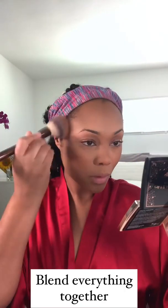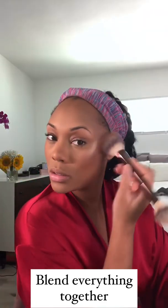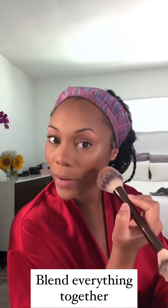And then I'll go back in with my blush brush and soften out those edges, because nobody wants a strip of highlight. We're so over that, right? Okay, cool. But you still want to see a little bit of the line, just a little bit. Now with the other side of this brush, to do this,